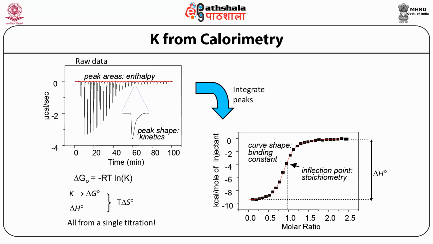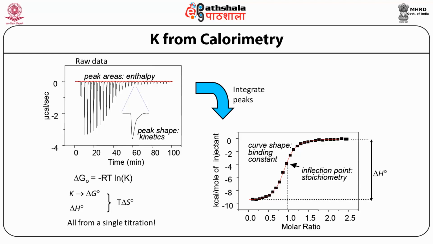Now the curve shape, when we fit it, gives the binding constant, and the total heat change, that is delta H, we can also find out from this curve, and the inflection point of the change in the curve, from there we can also find out the molar ratio,